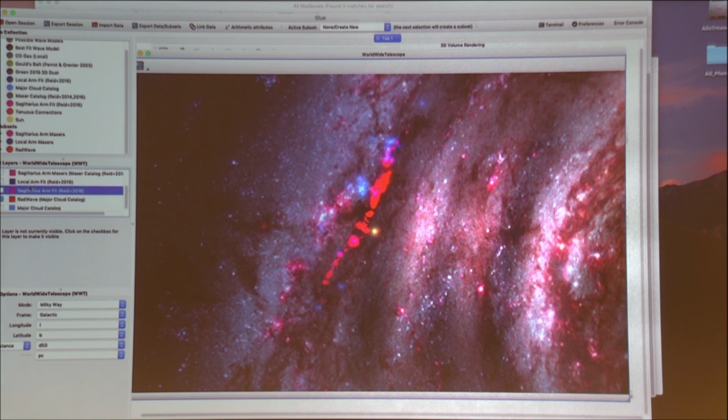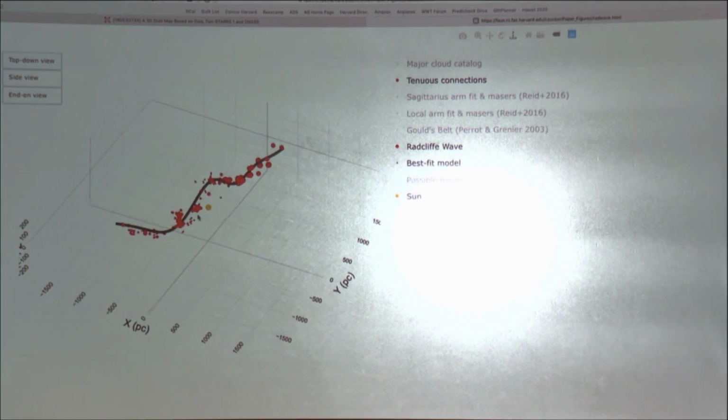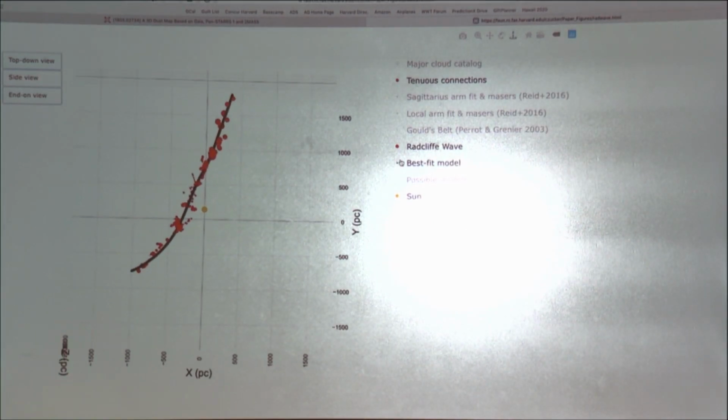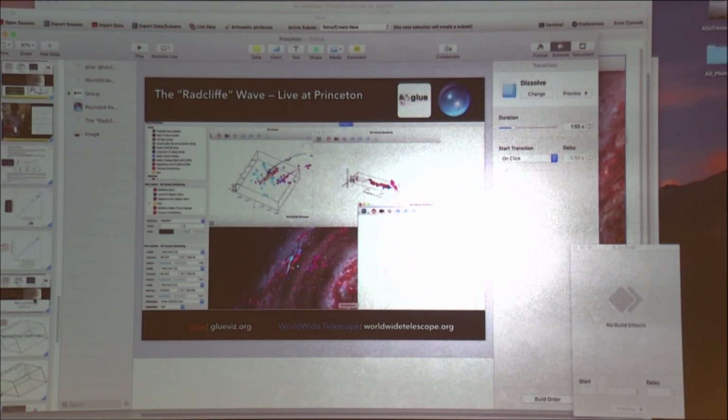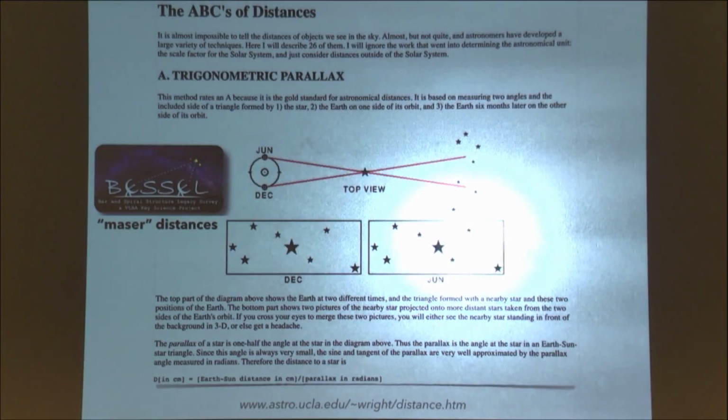So the blue dots there are the masers. Actually, you can probably see this better without the galaxy on. So let me put this back like this. Turn off this fit. There you go. So the blue dots are maser distances. Just because I think some of you might be skeptical, I'm going to skip and show you something. Hopefully you all know how trigonometric parallax works, and that this is considered the absolute gold standard of astronomy, and that you can't make a mistake on the distance if you can measure trigonometric parallax.